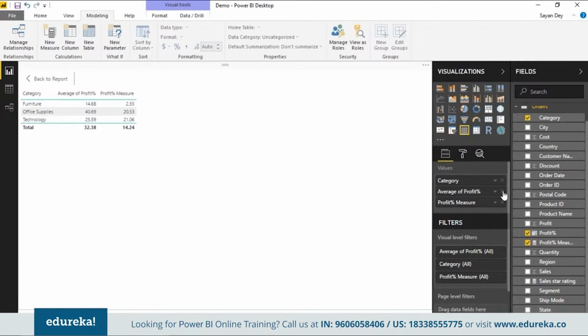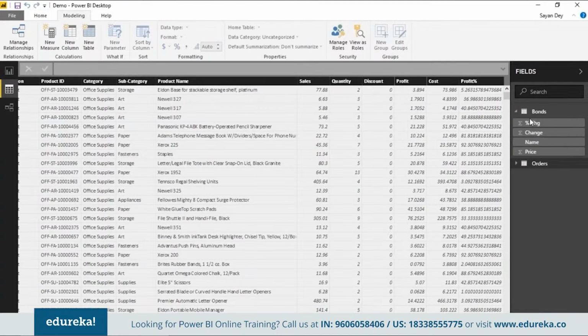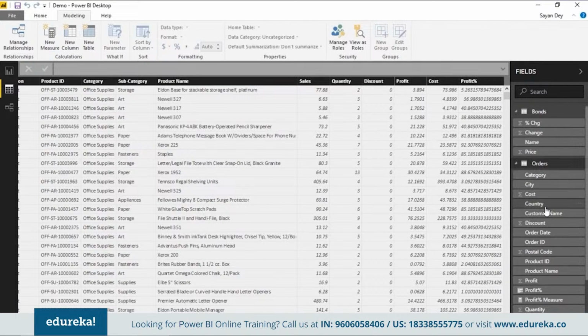That is an important thing about measures that you should keep in mind. Because they are not stored in my model, you have to define the aggregations here. They are calculated dynamically based on whatever filters you apply and whatever you do. They are always calculated dynamically, and they are responsive to filters. That is the other important thing: they are responsive to filters.